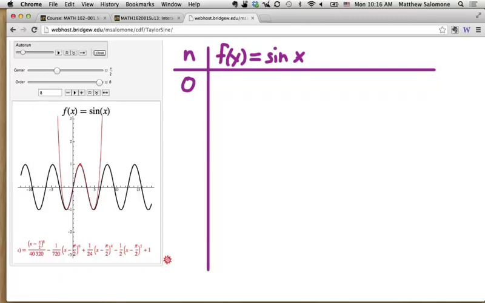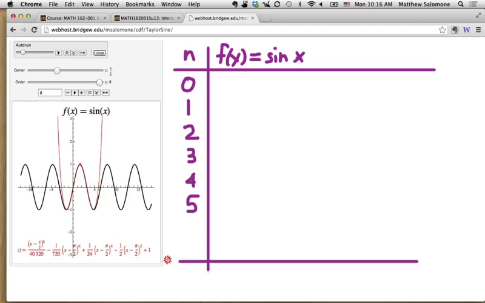So we needed a term of degree 0, we needed a term of degree 1, we needed a term of degree 2, 3, 4, 5, and so on. And then down at the bottom, we're kind of keeping track of the total polynomial that we've come up with so far. So then we started with our function,